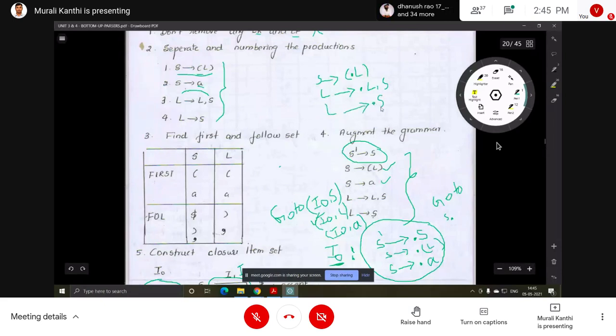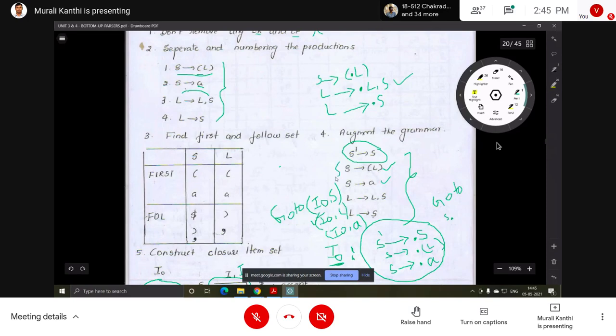Again, while adding we also have to check which symbol is there after the dot. L is there, so add L productions, but the L productions are already added, so no need to add them again. Then after the dot, S is there. This is a non-terminal, so add S productions to this set also. How many S productions are there?